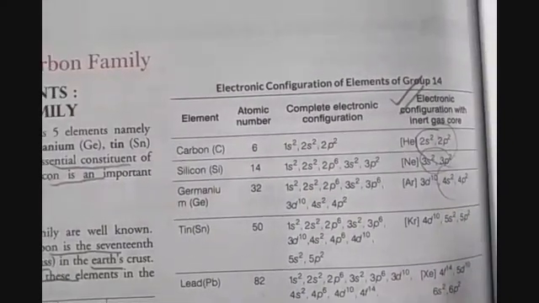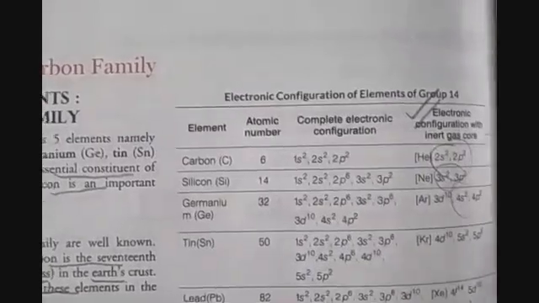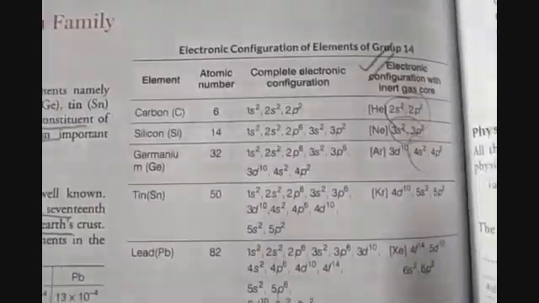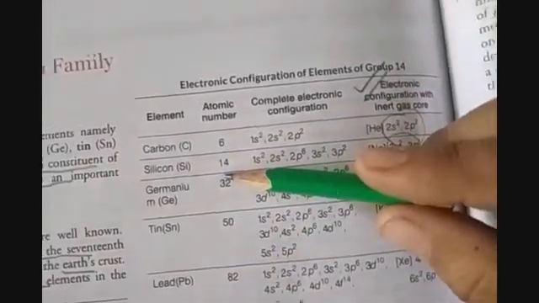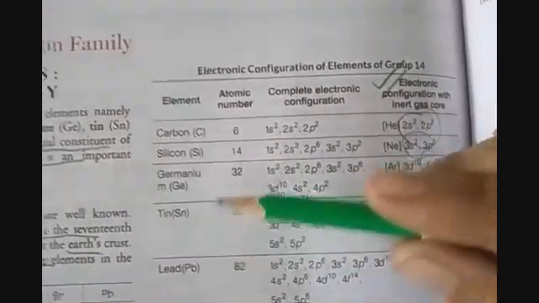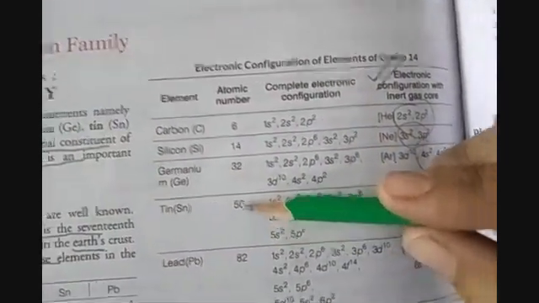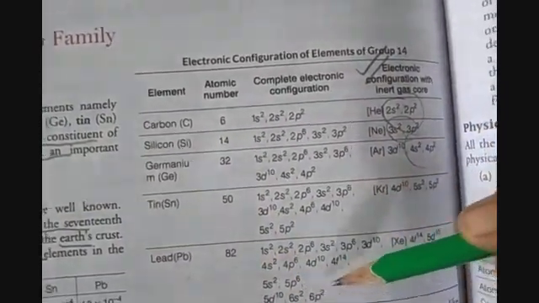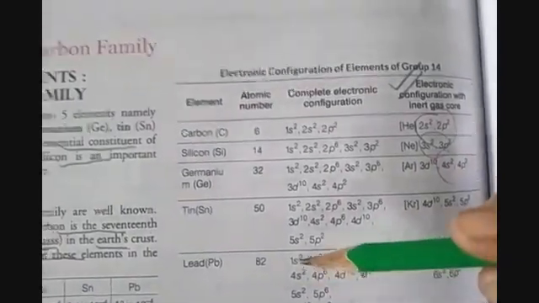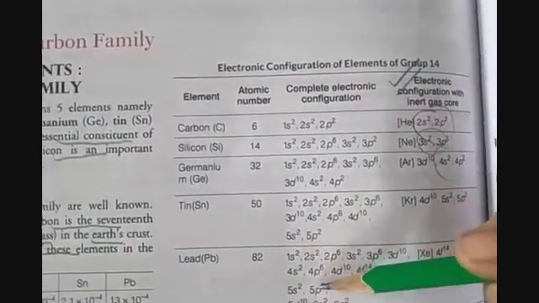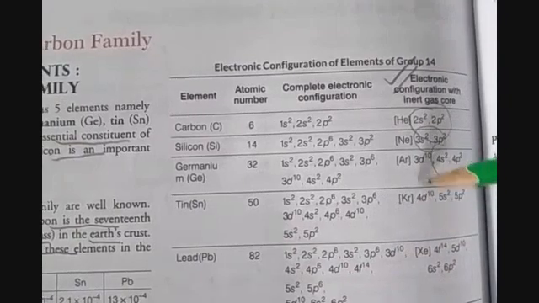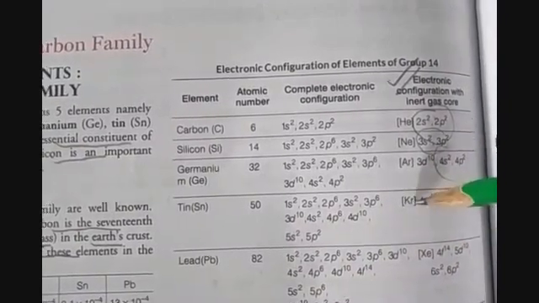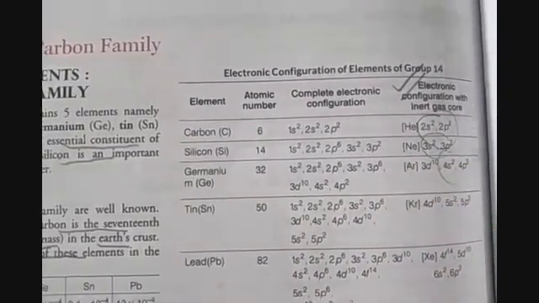So atomic radius increases considerably from carbon to silicon. Okay, carbon to silicon. But from silicon to Pb there is only a small increase because of the poor shielding effect. Okay, because of the intervening d and f orbitals. Here you see d, d, d. So the d orbital is intervening, so that's the reason there is only a small difference.